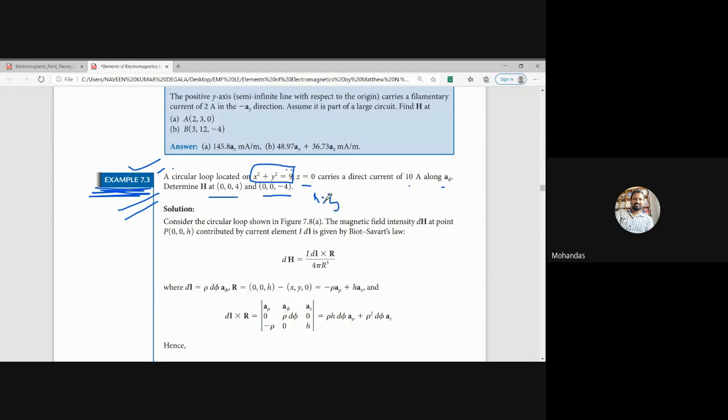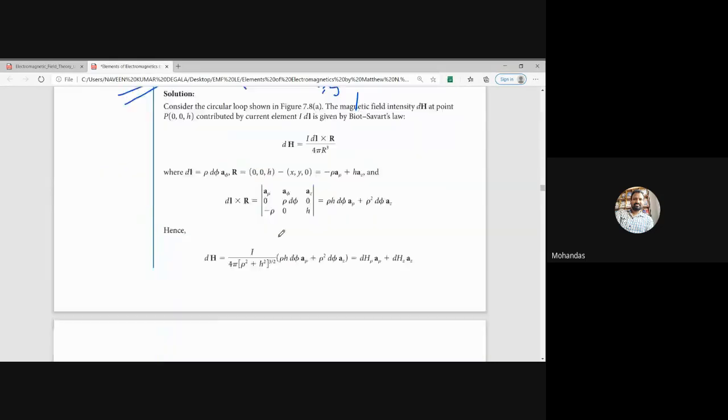I will tell the parameters. R equal to 3. And what is the I here? I is 10 only. In the first case, the field point is (0, 0, 4). What is the Z value in this case? 4. So we know all these parameters, just simply substitute in this formula. What is the formula we have derived? H equal to I into rho square, where rho is nothing but R, since in this textbook they have taken rho, divided by 2 into (rho square plus h square) to the power of 3/2.